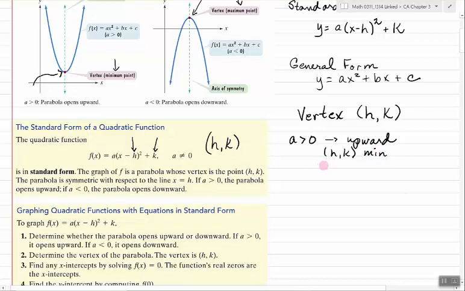And the axis of symmetry is a vertical line. It is x equals something, and it is always going through the vertex, so it is x equals the value of h. If a is less than 0, I'm going to change my mind. I'm going to leave some space. If a is less than 0, it opens downward,